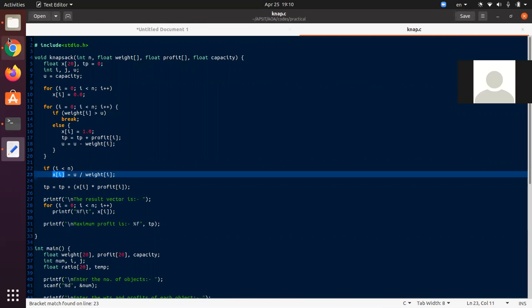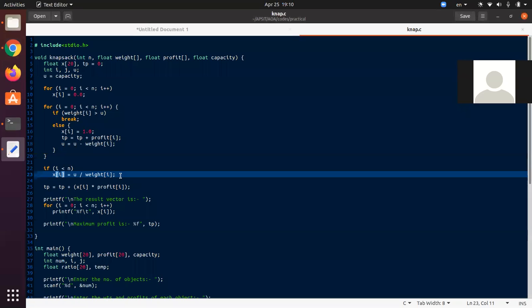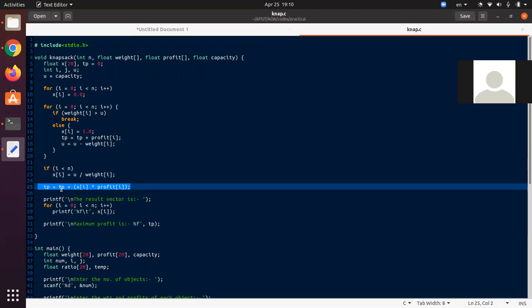x of i is x of 1. So x of 1 will become 0.5. So this if will be broken and control will come to this line, and TP is equal to TP plus x of i into profit of i.